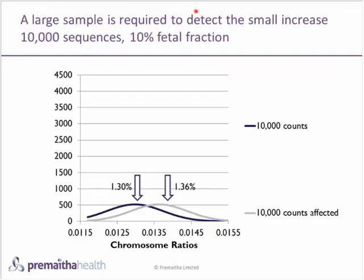Now, the question is, how many fragments do we have to analyze to detect the small increase of chromosome 21 sequences? What this graph here shows, it imagines the situation where we have a 10% fetal fraction, and it looks at 2 distributions. The distribution on the left, in the darker color, is the distribution you would get if you sequenced 10,000 molecules from cell-free DNA. The mean number would be 1.3%, but there'd be a spread around the 1.3% because the sample size wasn't so very big. And again, if you only sequence DNA from individuals who were affected with trisomy 21, the mean number would be 1.36%, but there'd be a spread